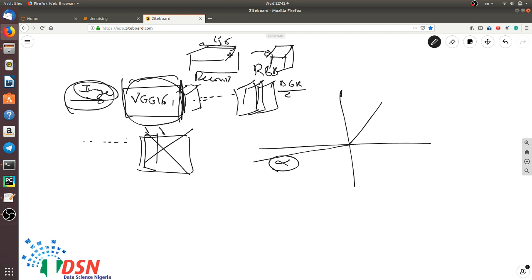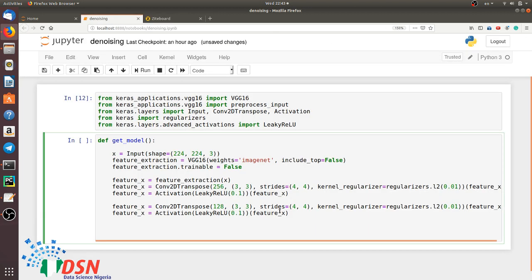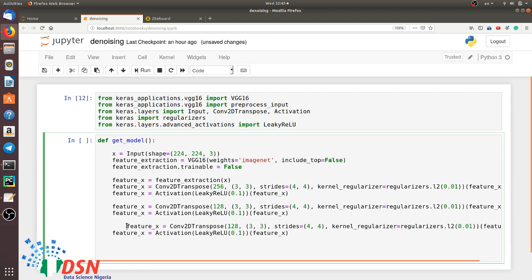So we are enlarging the spatial resolution but decreasing the number of channels. So in the next step we want to have 128 channels, and after that we want, or at least,